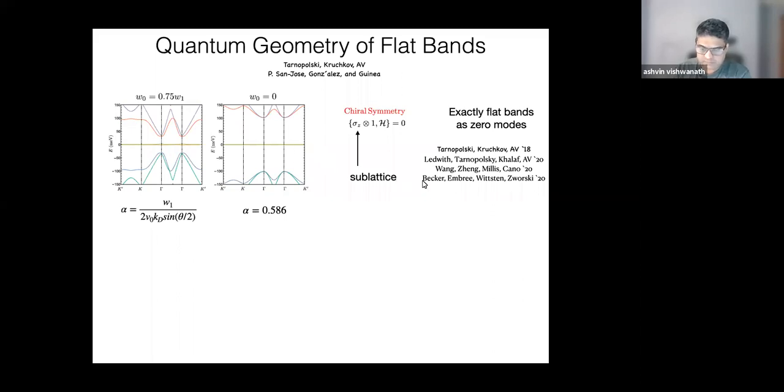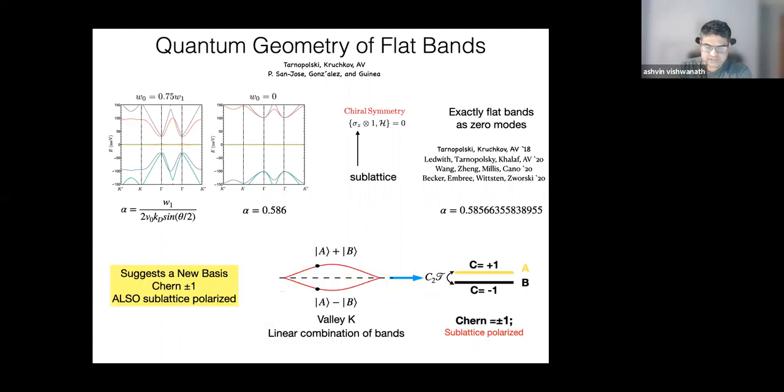So some of the mathematicians got interested, and they really cranked out exactly where this flattening happens. That's one aspect. The other aspect that's going to be equally important for us is what the wave functions look like in this limit. Okay, and it turns out in this limit it really makes things a bit transparent. You can go to the regular band basis for these flat bands.